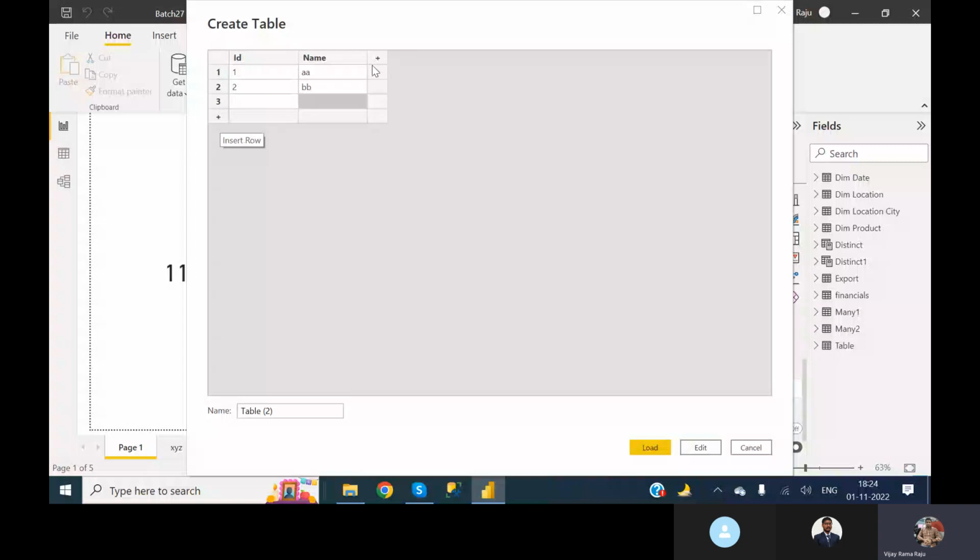If you connect to that particular data source, how many options will you get? Three options, right? Load, transform data, and cancel. So same like that, when you create a table in Enter Data,